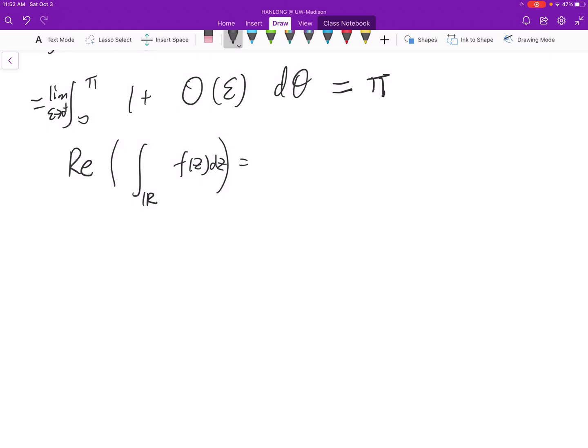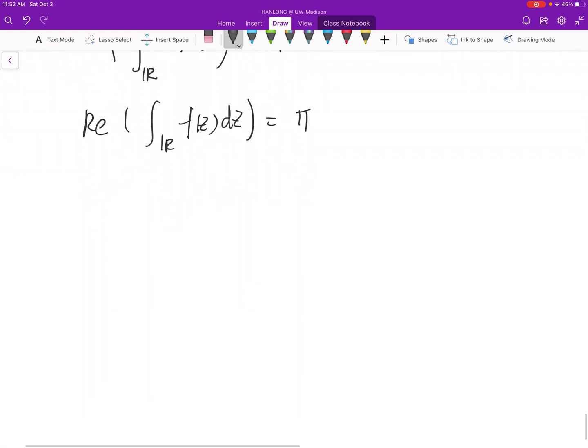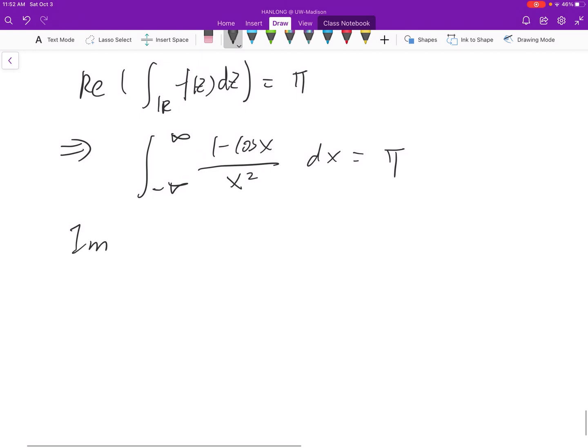This is pi. Sorry, the whole integral is pi, and then you take the real part, which is pi. Therefore, the integration of this function is pi. If you take the imaginary part,